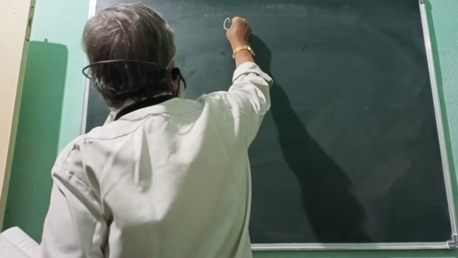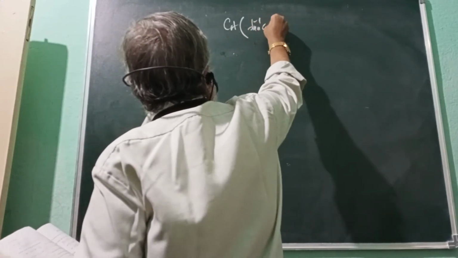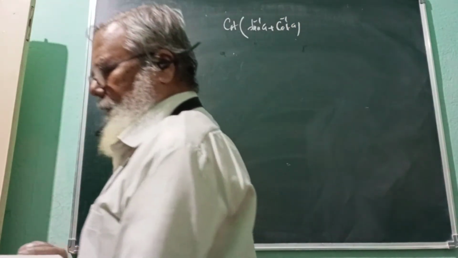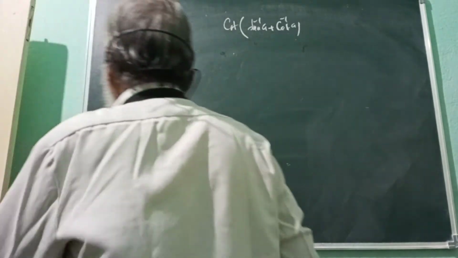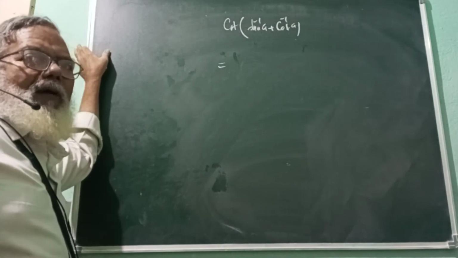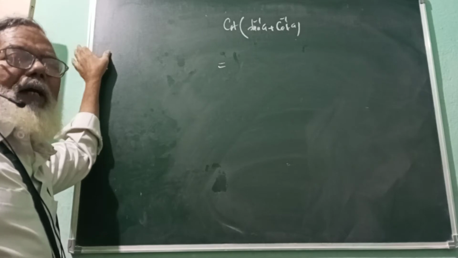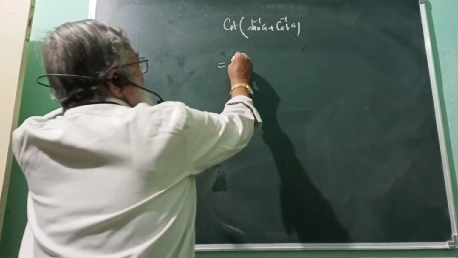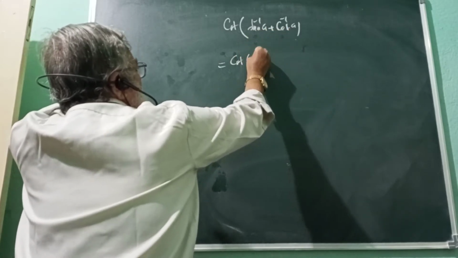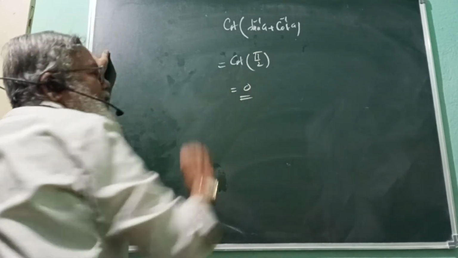Next problem. Find the value of cot of (tan inverse a plus cot inverse a). We have proved a list of formulas. In the fourth set of formulas, tan inverse x plus cot inverse x is equal to pi by 2. We make use of that formula and write tan inverse a plus cot inverse a is equal to pi by 2. And we know the value of cot 90 will be 0. That is the answer for this.